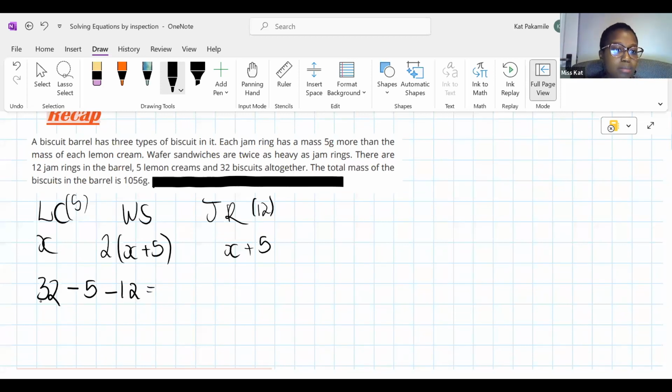That means whatever's left over have to be wafer sandwiches. And how much is that, guys? How much is that, everyone? 15. So we have 15